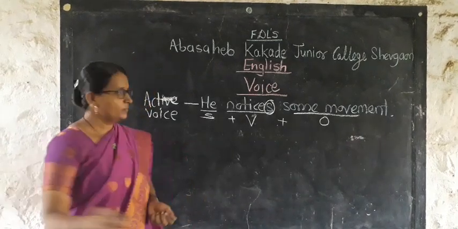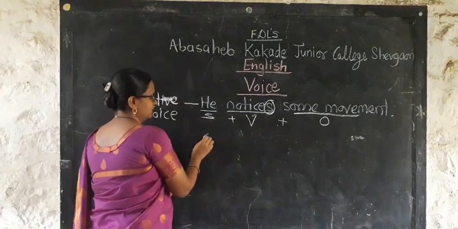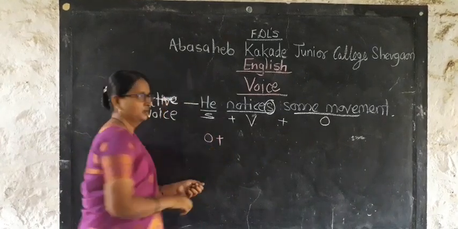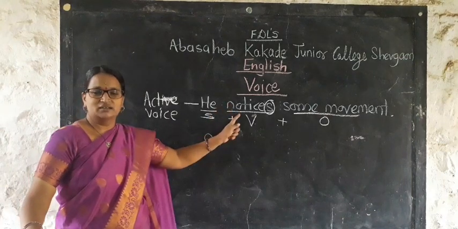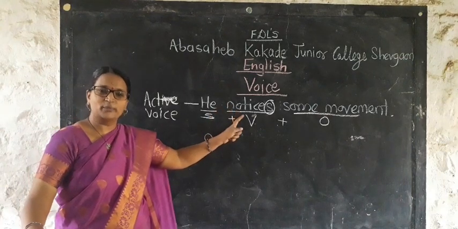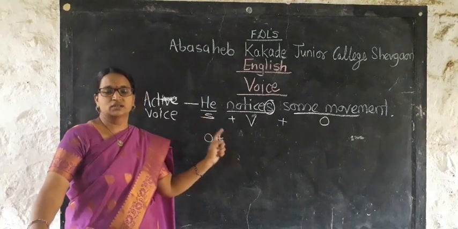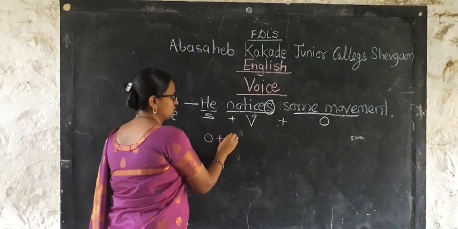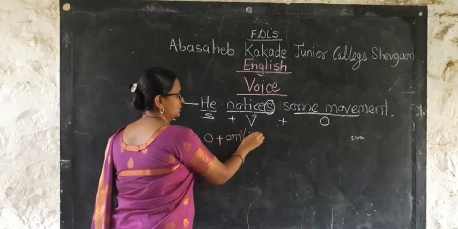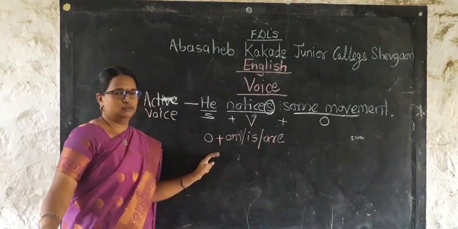Here in a passive voice we have to begin the sentence with the object. Then, as the tense used in the sentence is simple present tense, we have to use helping verbs from simple present tense, and those helping verbs are am, is, or are.